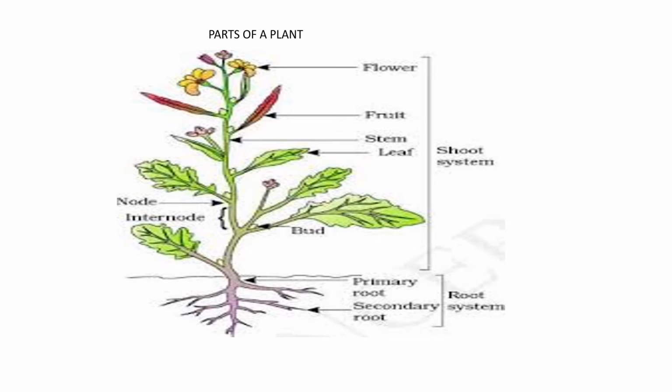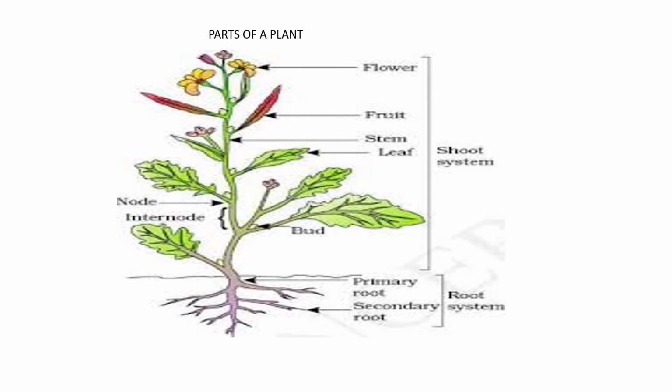Before we continue about anything, let us try to understand whether it is a herb or a shrub or a tree. They are having different parts. Parts of the plants are root, stem, leaf, flower and fruits. The root is below the ground and it is completely known as a root system, and the rest of the parts are all above the ground, which contains leaf, stem, fruit and flower. They are entirely known as shoot system. So a plant contains a root system as well as a shoot system, which involves all this.